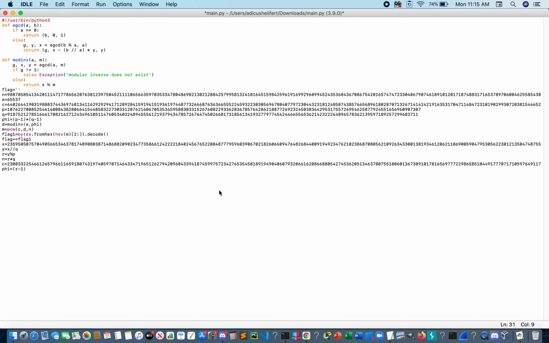So it will be r minus 1 times q minus 1. And then d will be the modular inverse of e and phi, and then m will be c to the power of d modulus n, and then flag 2 will be